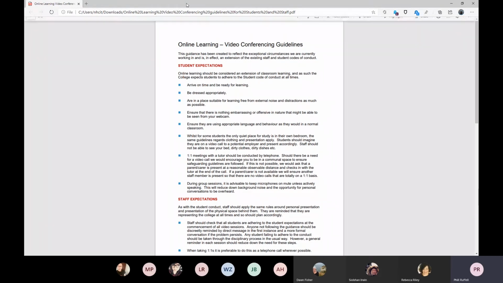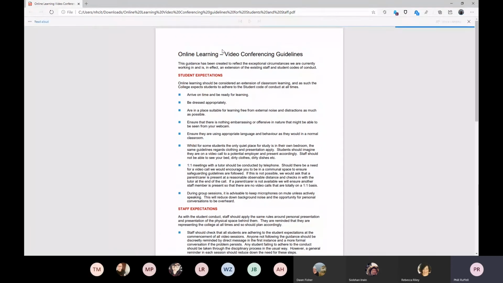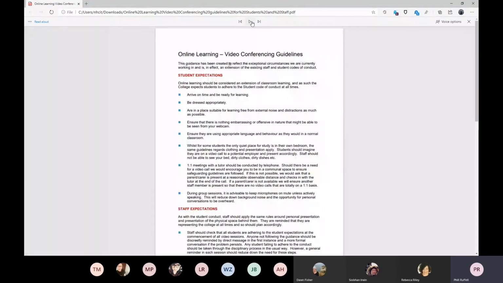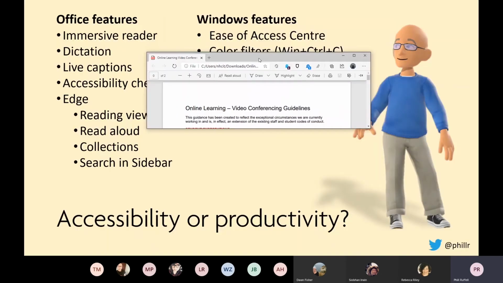So this is a PDF document. It's got read aloud. Online learning, video conferencing guidelines. This guidance has been created. So I've got all the facilities to have this document as an accessible document. I can change some of my options again. Same as we demonstrated before. You can see both tools used in Harness there, but also